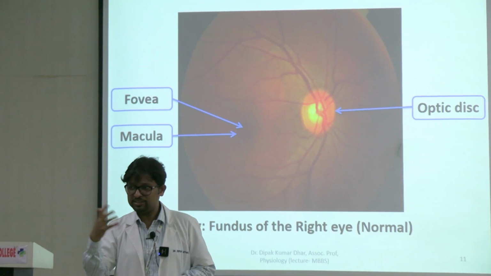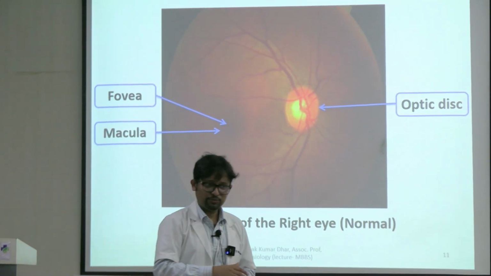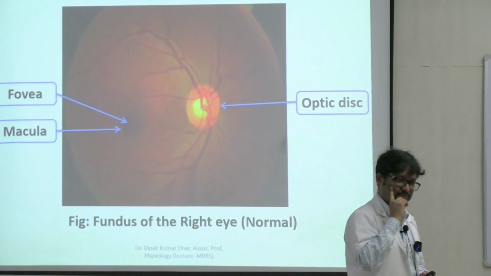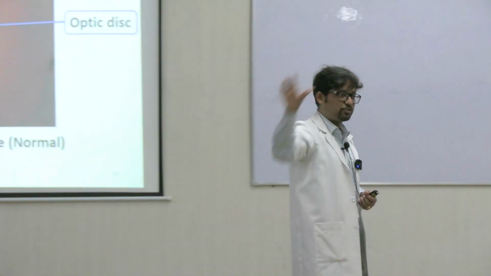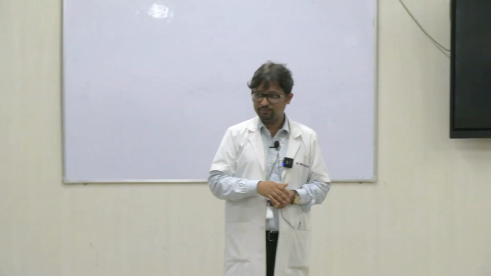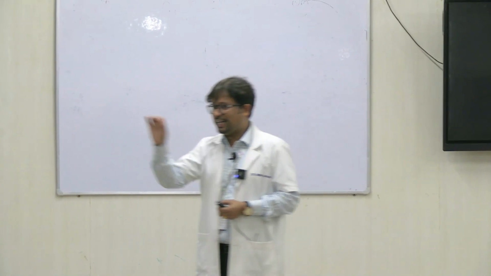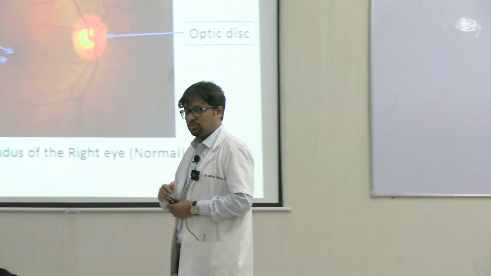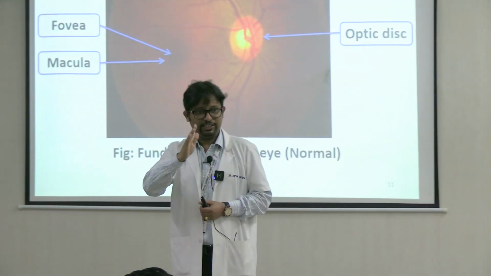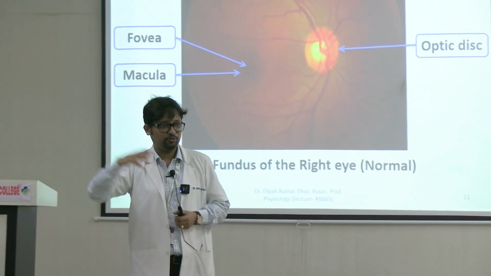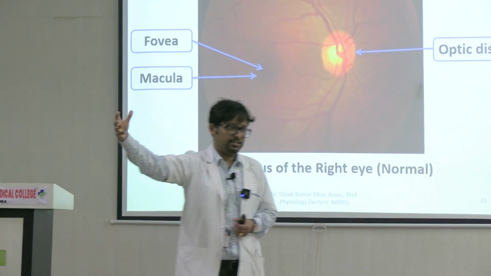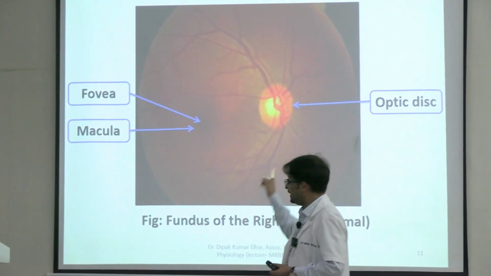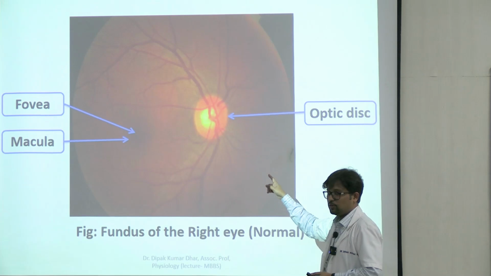Have you heard about the blind spot? What is that? There is one area in the visual field from where there is no vision. Because light always travels in a straight line, this is interesting: the medial or nasal half of the retina will receive light information from the temporal or lateral half of the field of vision. So because the optic disc is medial, and in the optic disc there are no receptors.